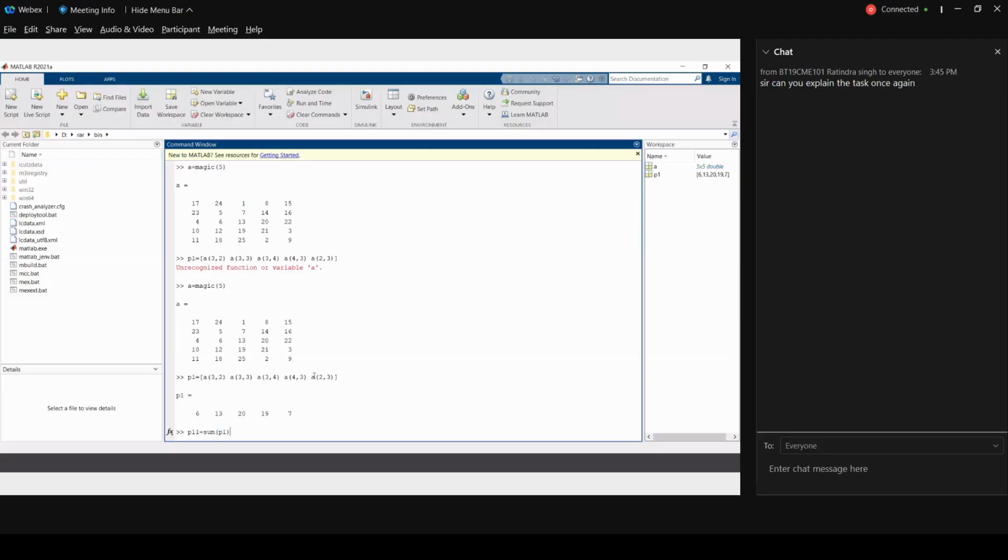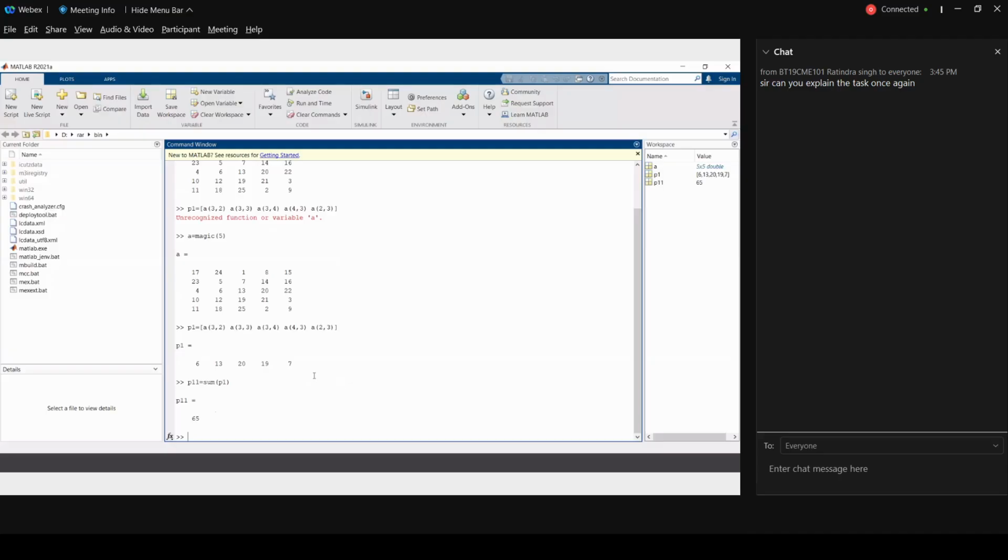Enter. So you got this 65 as the summation of the first elements which you wanted to find out, correct? Plus sign. In this way, you should get all the elements, sum them, and then you get P11, P22, P3. These are the single scalars. And then you need to sum all these 9 elements to get the summation of the elements or to find out the average, correct? Yes, sir. Okay.